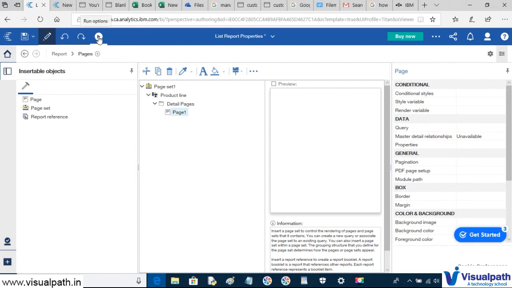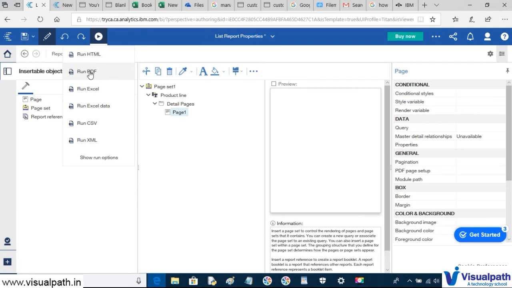Now execute this report, and in order to understand this property in a better way, it's better to run this report in PDF. So run this report in PDF.